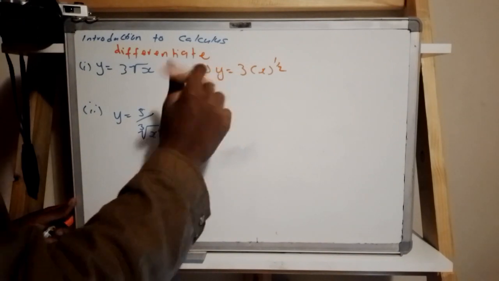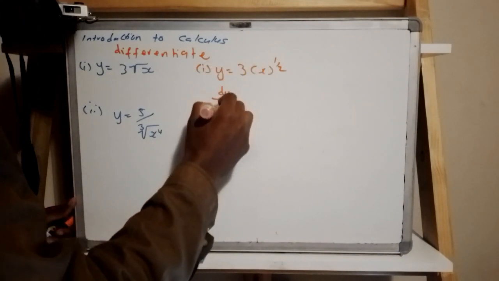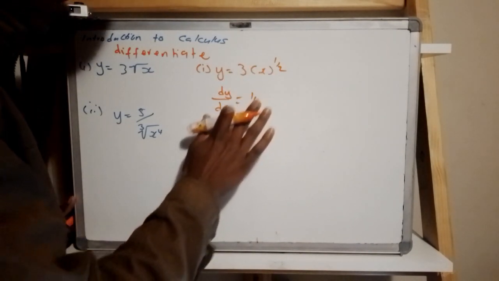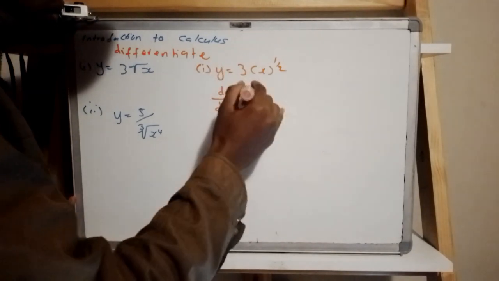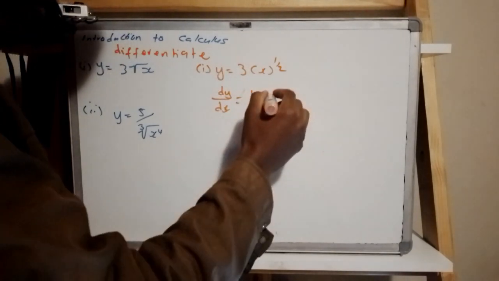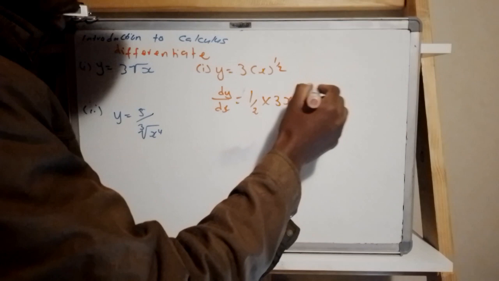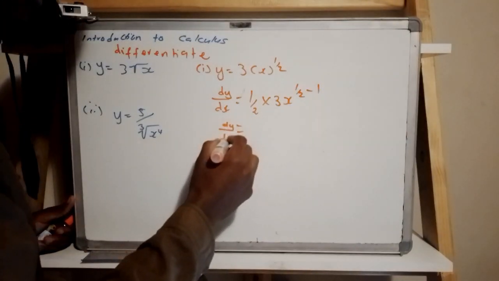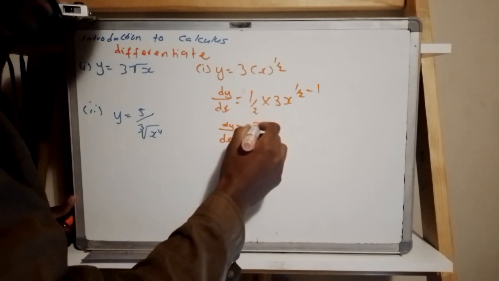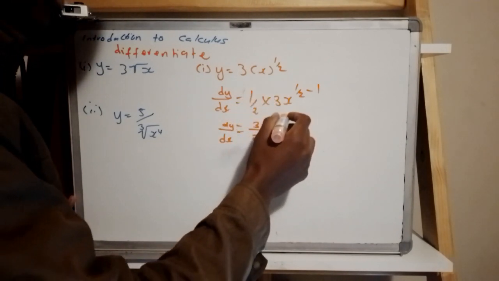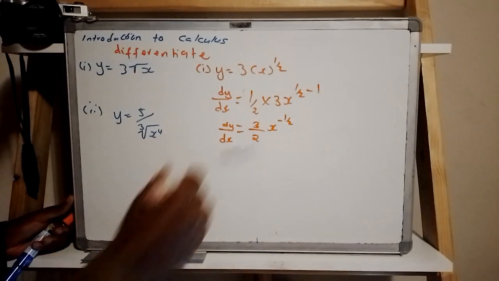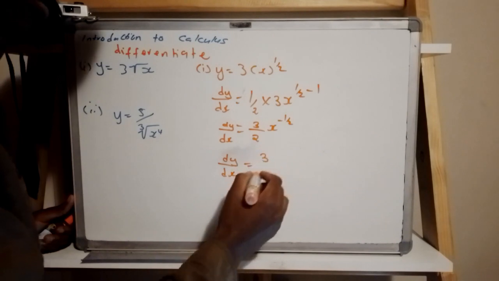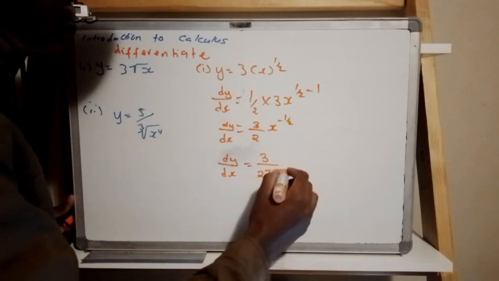When I differentiate y in terms of x, I'll have dy over dx. This will give me what? 1 over 2 multiplied by 3x to the power 1 over 2 subtract 1, right? This will give me dy over dx. This is 3 over 2 x to the power negative 1 over 2. Which the solution dy over dx is equal to 3 over 2 square root of